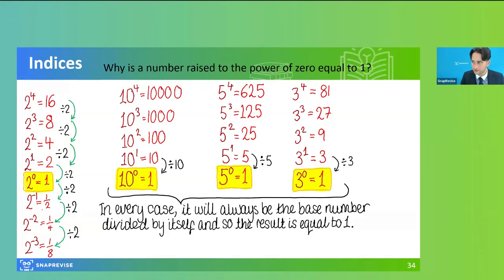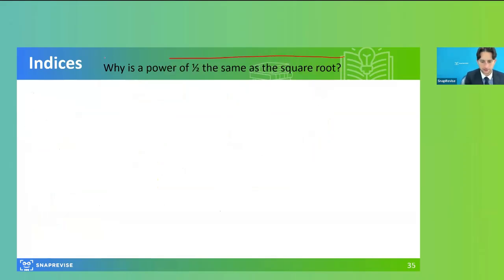Now, if you've just committed that to memory, brilliant. When it comes up as a 1 marker, make sure you get the marks. It says 22 to the power of 0, the answer is 1. Okay, excellent. Now, the other question that I think addresses the hard bit about what we just did, why is